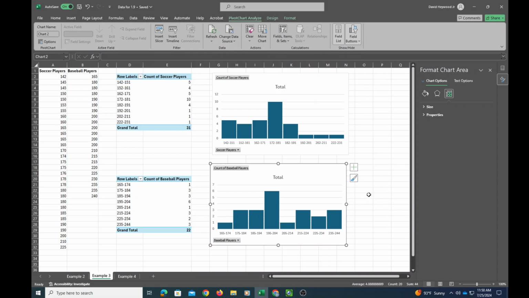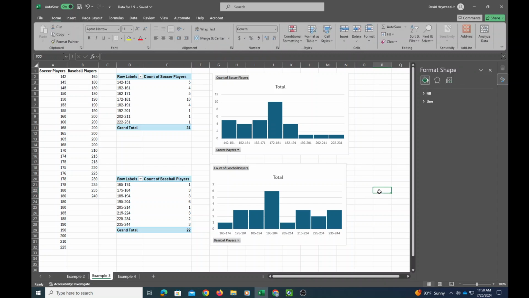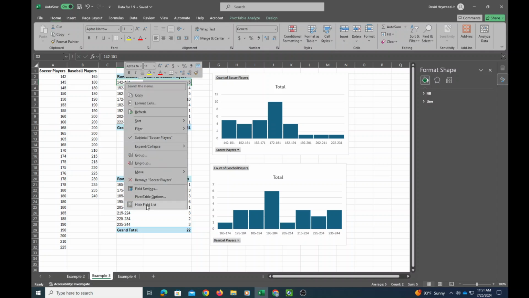Okay, and so there's our histogram for baseball players. I think the purpose of looking at these histograms was to try to decide what shape we have going on, what the shape of our distributions are. And I would say, gosh, it's a little bit hard to tell. Maybe if we group differently, we might get a better picture for what the shape would be. But I would say this one seems kind of skewed right. Okay, and this one seems maybe a little bit more symmetric, but let's try a different